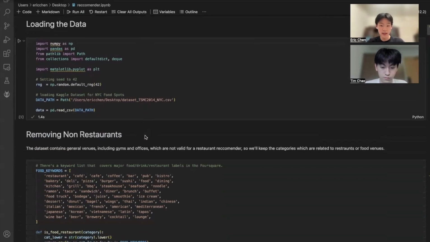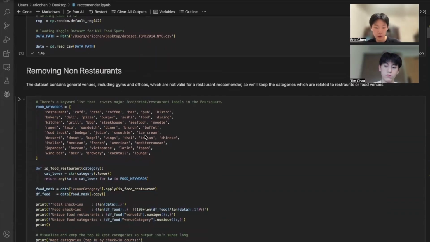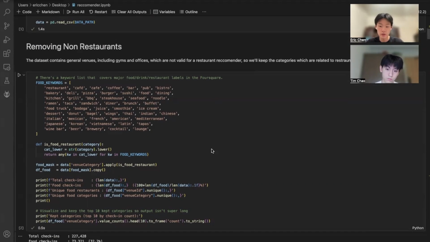So for this, we use a Kaggle data set of real New York City check-ins to all types of venues. And this had around 220,000 check-ins across all New York City venue types, things like gyms, offices, parks, and so on. So we filtered it by food venues here and got around 50 food matching keywords like restaurant, pizza, cafe, and bar. And we use this category as labels. And this left us with a lot less check-ins and roughly 15,000 unique check-ins that we could use.